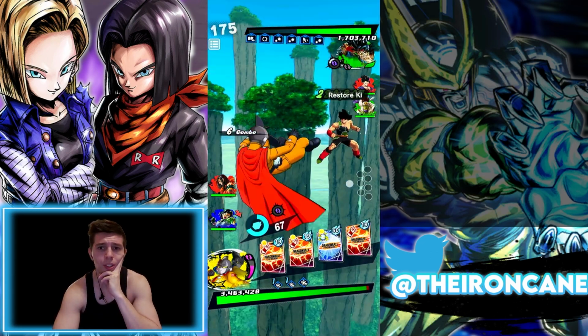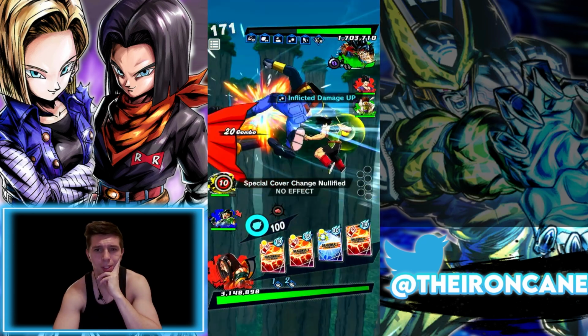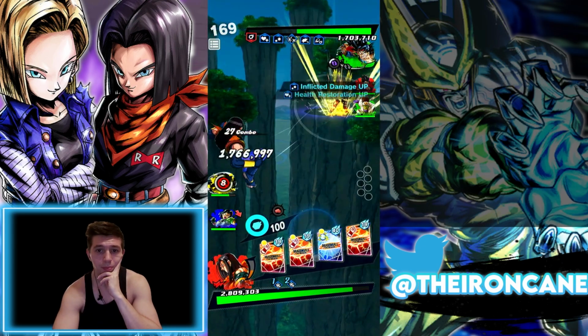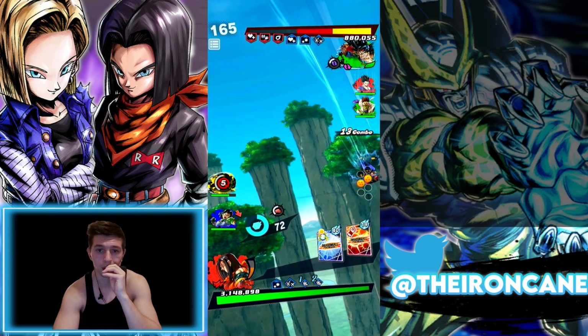There he goes for a strike, catches me. Let him combo a little bit. Yeah, let him get the Gammas to about half. Let's swap into Super 17. He goes for this. I don't know why he went for that the way he did, because he wanted the combo reset, but